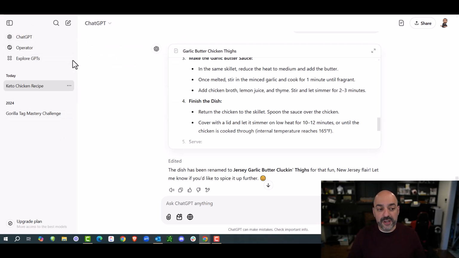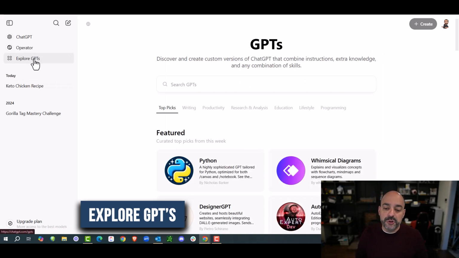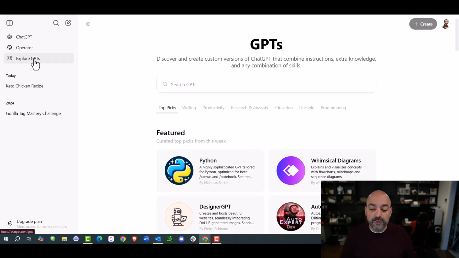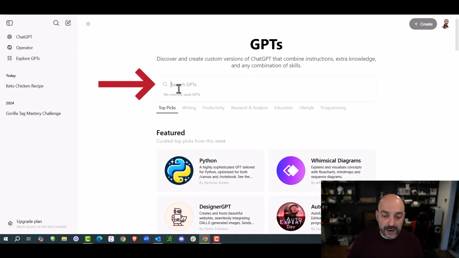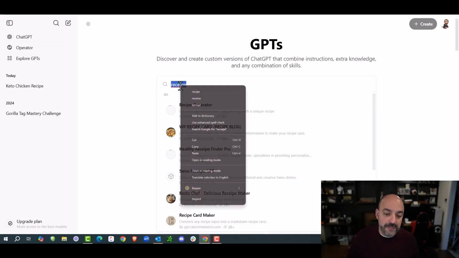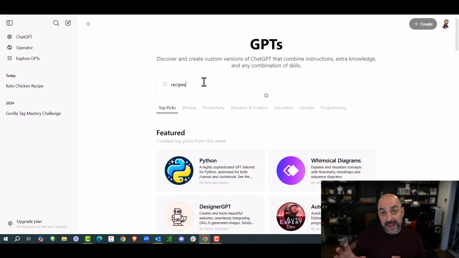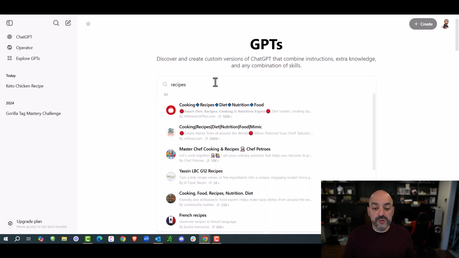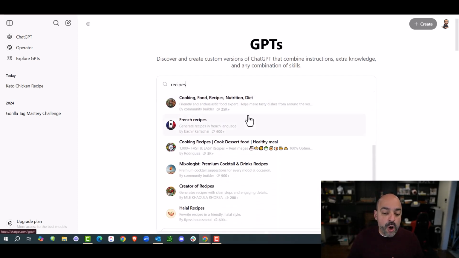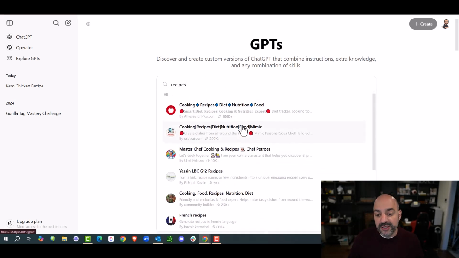And you're also going to notice on the left-hand side that I have Explore GPTs. Now, remember I told you that there's people out there that have been creating really great things. If I come in here and type in the search of GPTs, these are all for the people that created these, because on the normal plan, you really can't create them. But once you get into the paid version, you can actually create your own ChatGPT that has all these different pre-made ones that you can leverage and use.